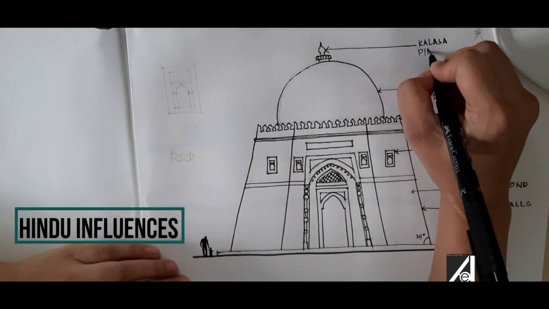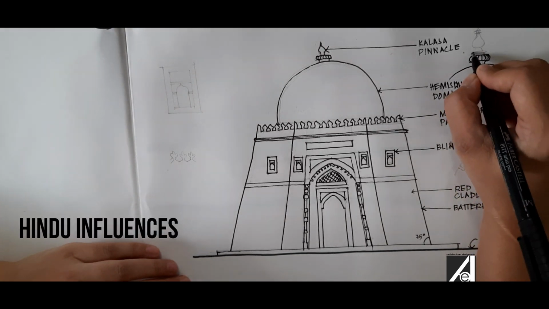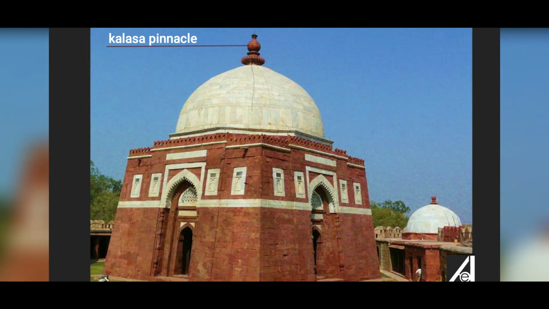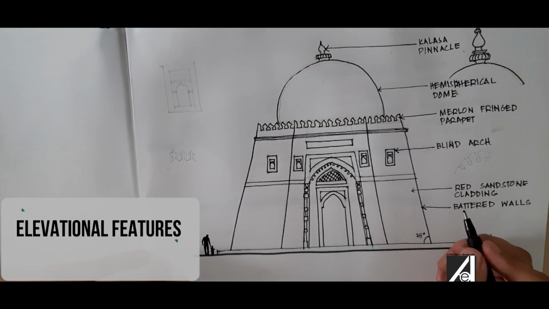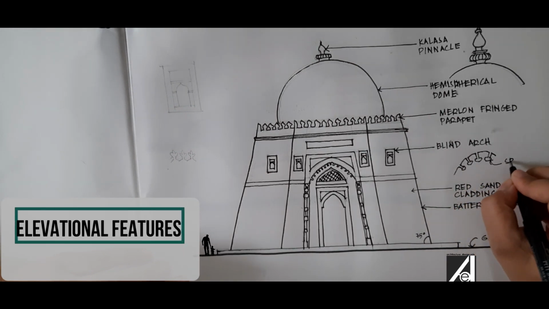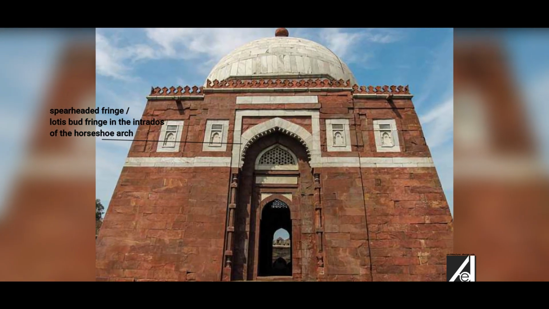The Indian craftsmen felt that the dome is incomplete. Thus they added an elegant Kalasa pinnacle consisting of a vase and a melon, the Kalasa and the Amalaka, as seen in Hindu temples. You can see multiplication of a building element, that is, one can find an arch placed inside an arch, same as seen in the Alai Darwaza.